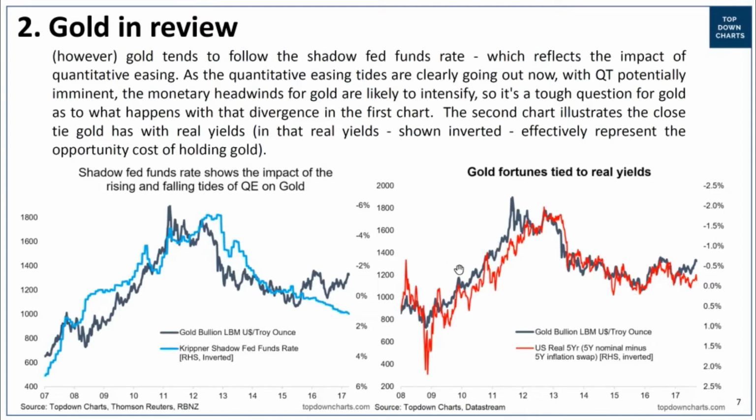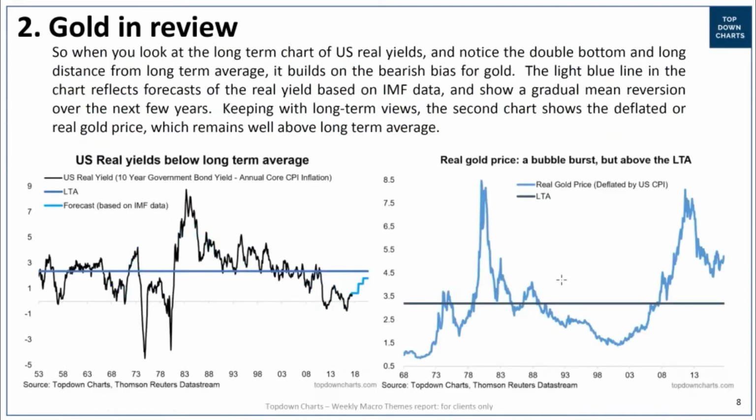So that chart on the right becomes kind of important when you look at this one on the left. Now, a couple of things about this one. First of all, it's a long-term view of US real yields. As you can see there, we are well below the long-term average. My view is that we see a reversion to that mean over the medium to long term, and I've projected it forward here based on